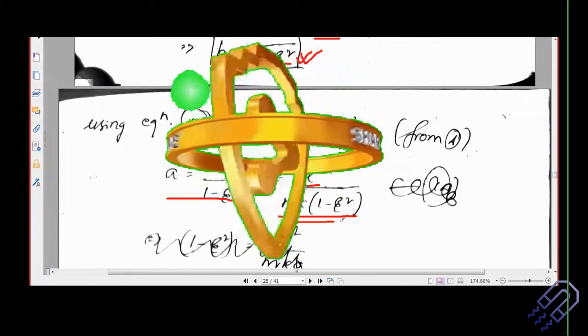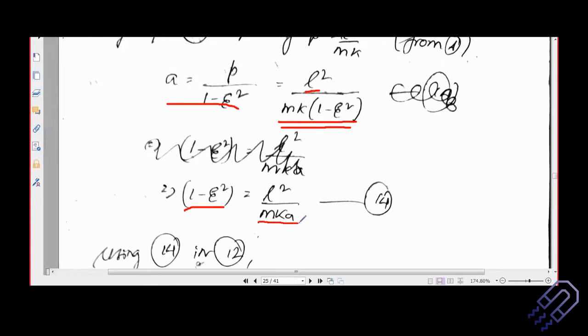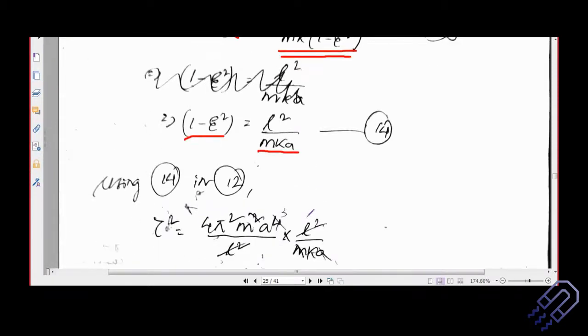When we replace it, just do the cross multiplication, we get 1 minus epsilon square is equal to L square divided by mka. So now we can replace it in that original equation. Equation 12 was this into 1 minus epsilon square. So if we replace this 1 minus epsilon square here and do our cancellation, we see that a gets